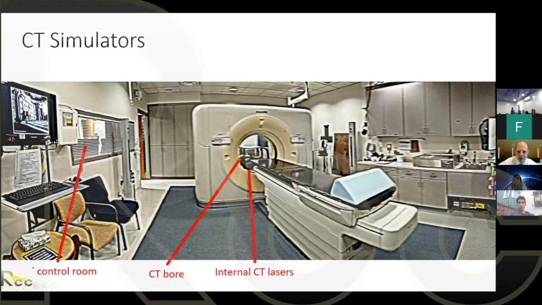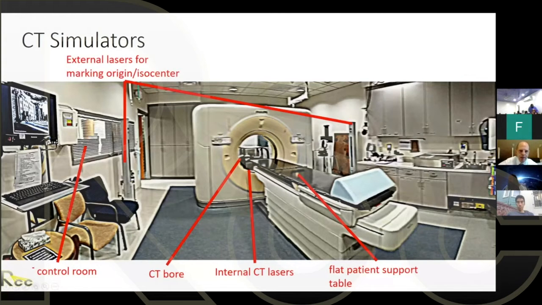The internal CT lasers, so that's your standard lasers that are internal as you bring the patient in. There's a flat patient support table, which is a little bit different than a standard CT, which typically has a concave shaped table. And then external lasers for marking the origin and isocenter. You can see those here, as opposed to the internal ones. So it's just a little easier to mark the patient position and so on while they're outside